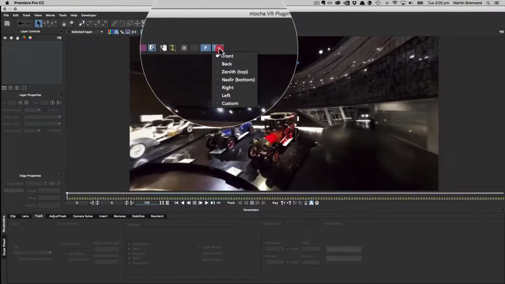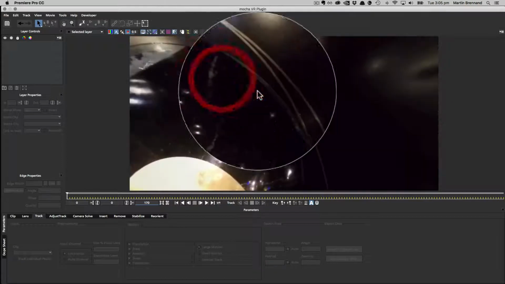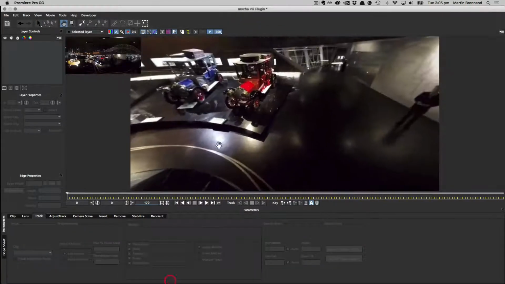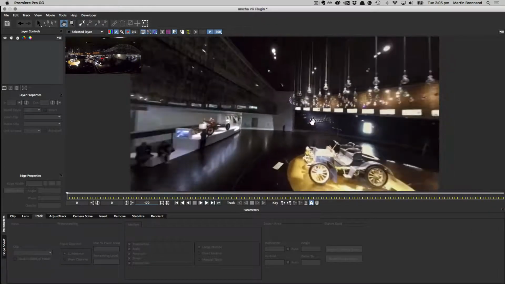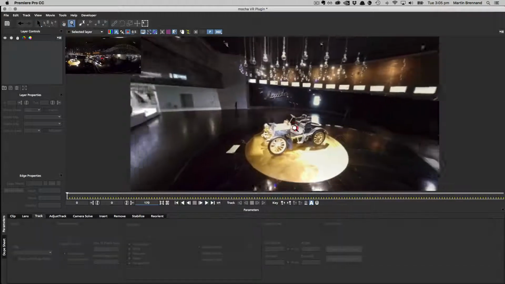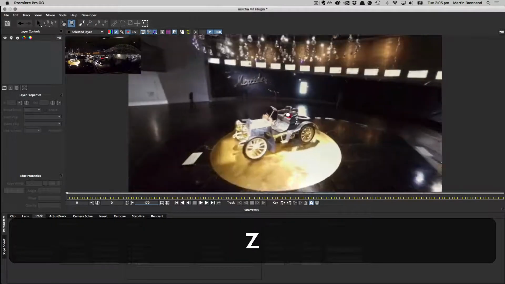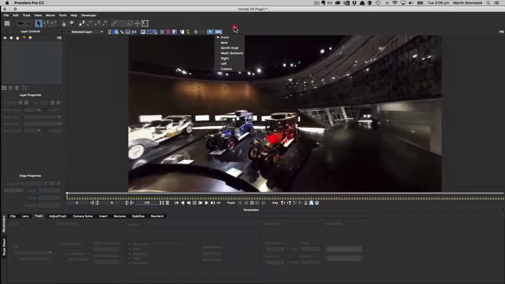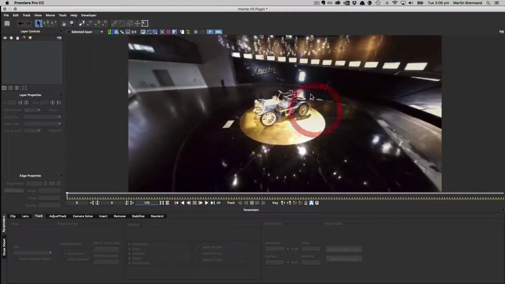You can also load up any view in here that you like, or just navigate using the standard X tool for pan. So we can pan around here. We can see the car that we're going to work on, and so on and so forth, just using that pan tool. We can also use the zoom tool to zoom in and out. And for those, I'm just using X for pan and Z for zoom, but obviously you can customize to whatever you like. So I'm going to pan around to the car and the spot that we want to work on,